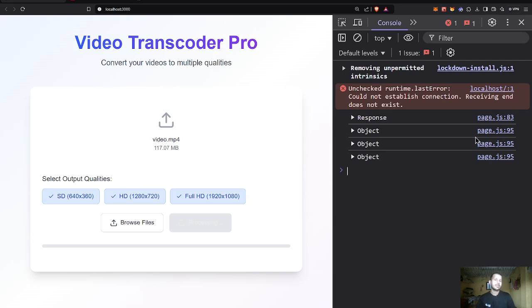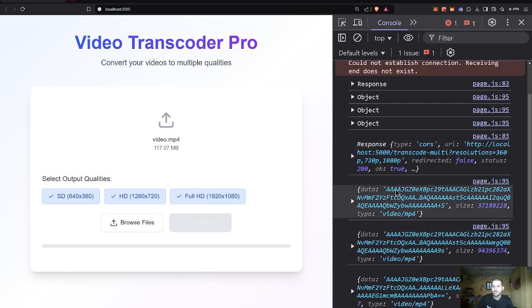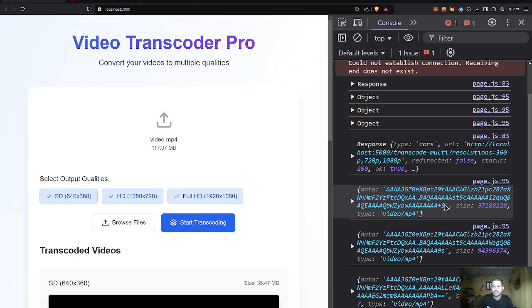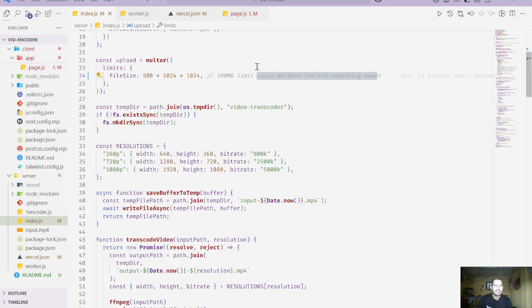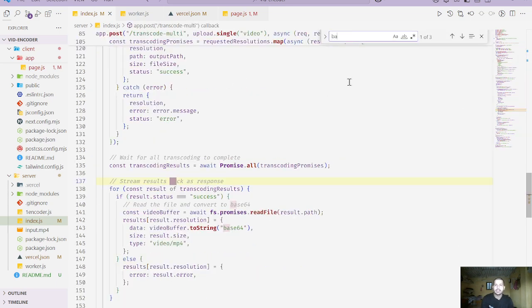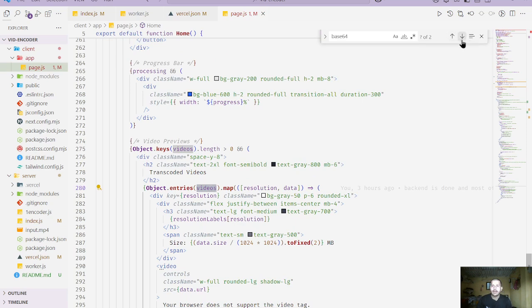Over here, you might be curious about how I am transferring the videos from the backend to the front end. How can one transfer videos? I've been using base64 conversion for the whole video. Let me show you how I am handling it. In the backend, I've been using base64 to convert the video buffer into a base64 string, and in the front end,